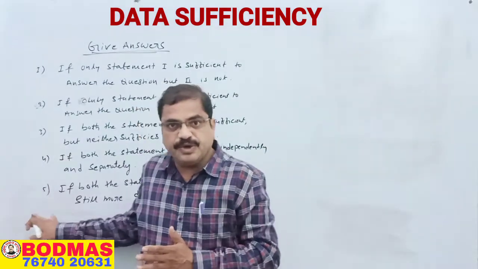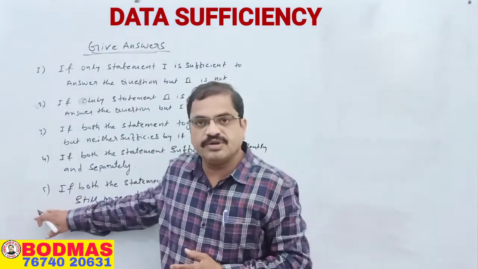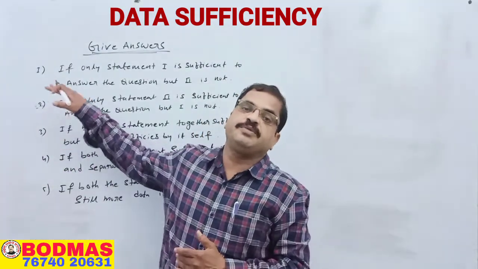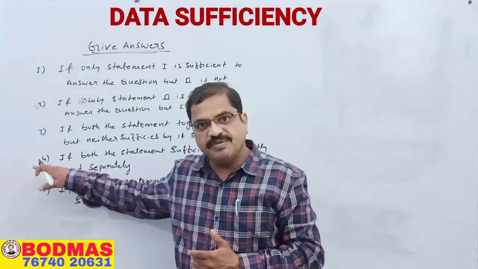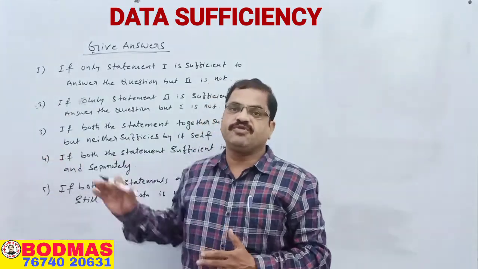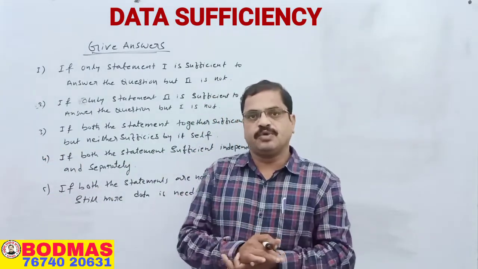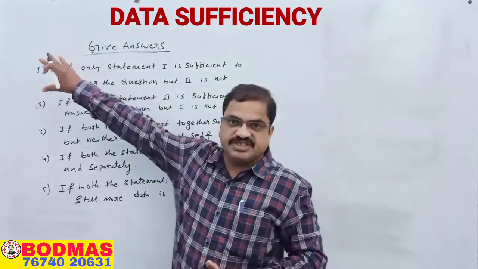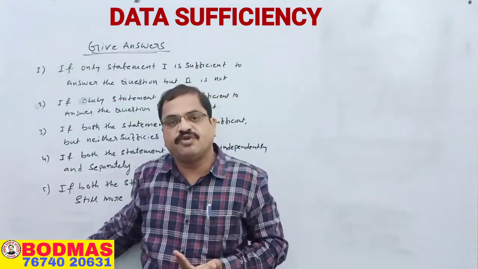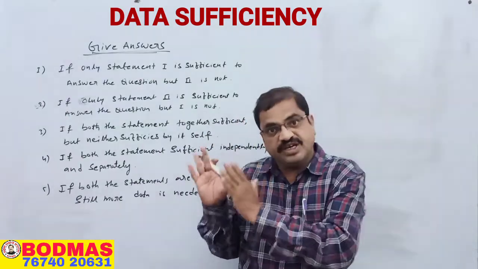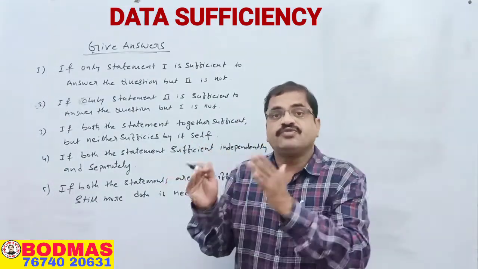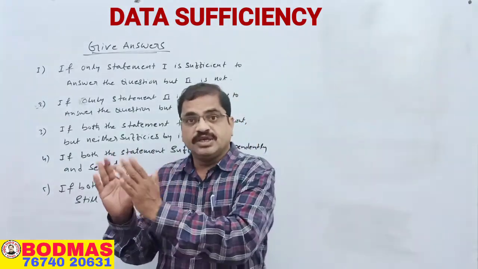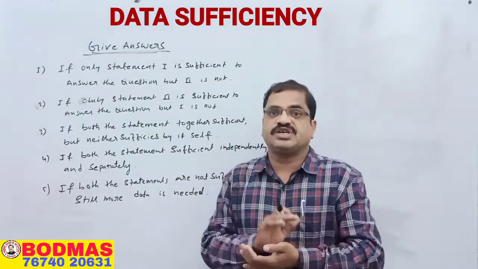Sometimes the fifth conclusion answer will be given in the third place, the third will be given in the fifth place, the fourth will be given in the fifth place, the fifth will be given in the fourth place. So it depends upon the examiner. Sometimes the first and second will be given in the fourth and fifth places also. But how to answer, we have to read in the instructions, and then solve with that only.